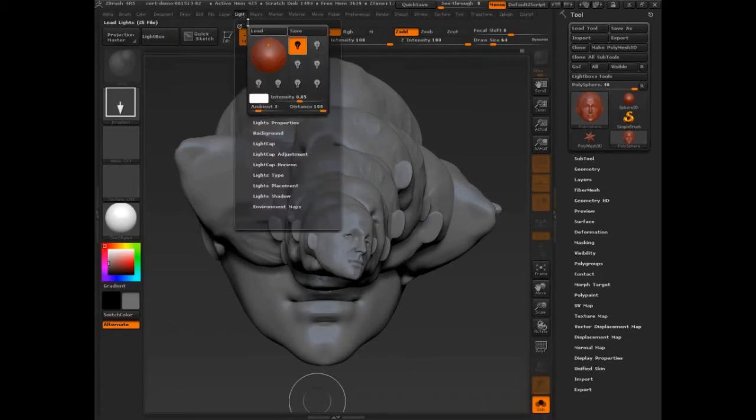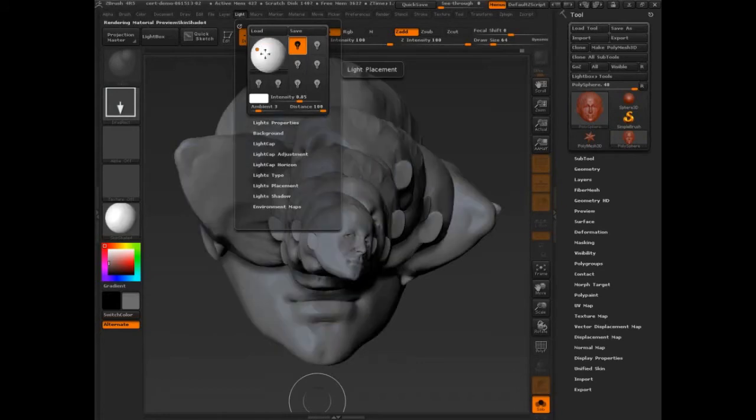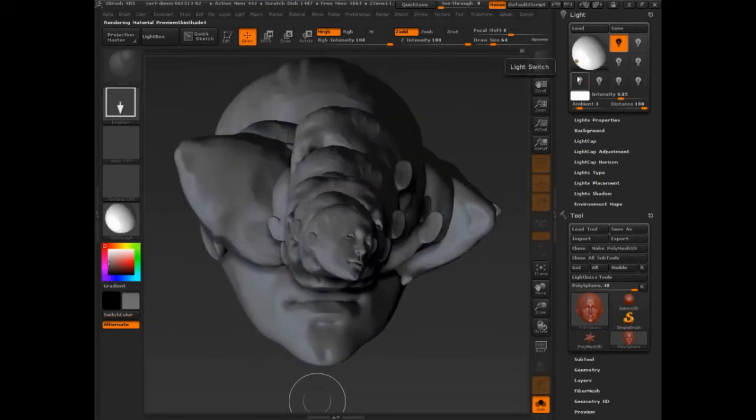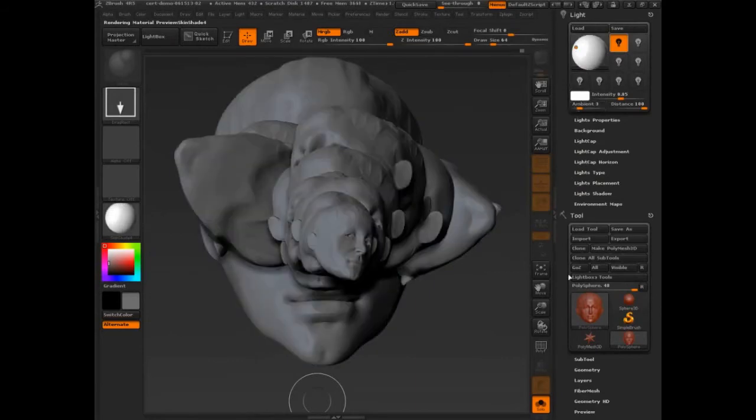I mean, all I got to do is come into this light palette, and in fact, let me drag this over to the side. You see, I'm able to change them. They respond to lighting. So the idea was really simple. I can explain it really quickly. The idea was,